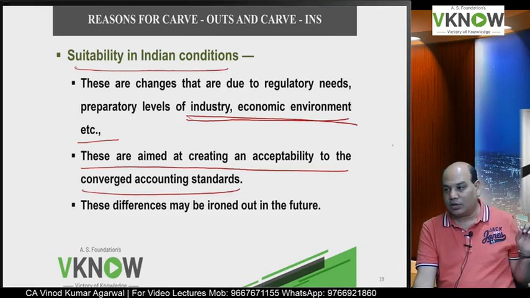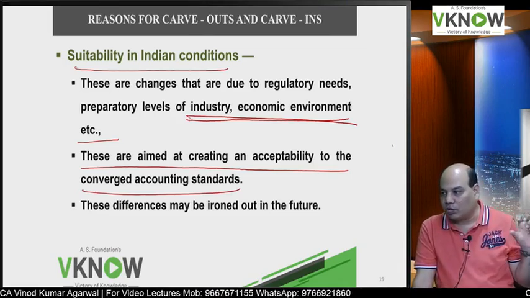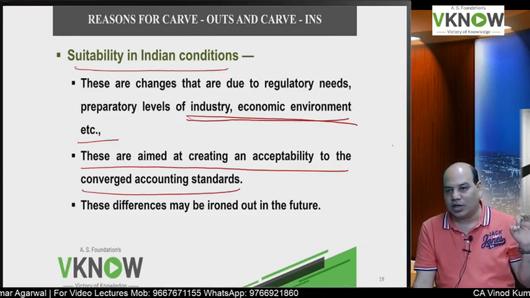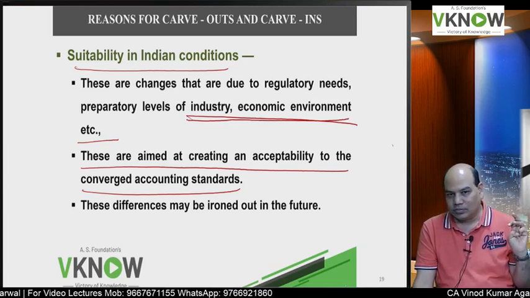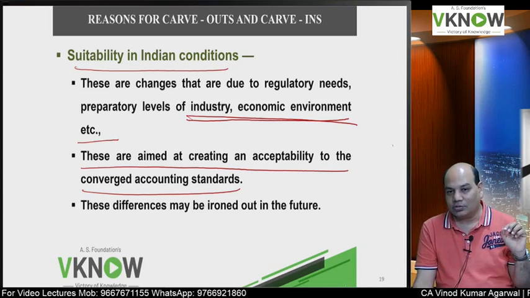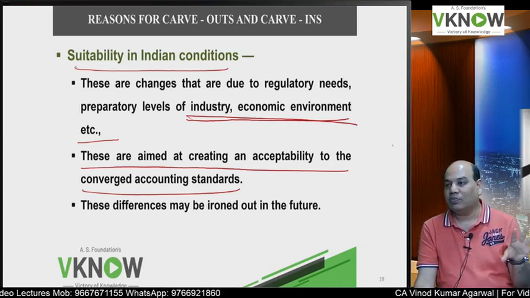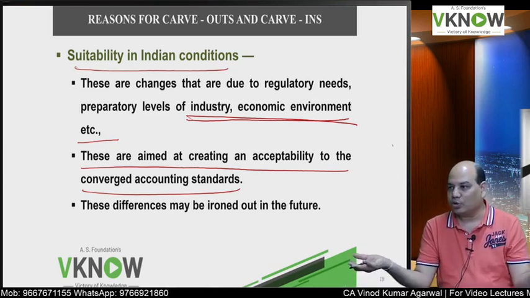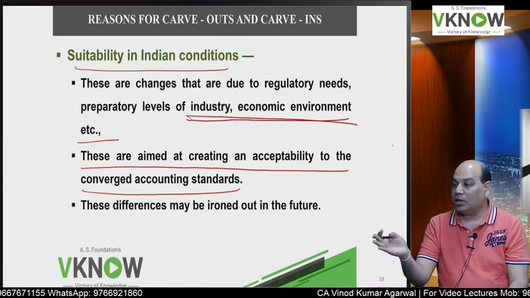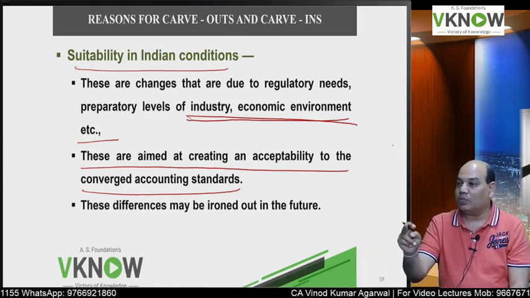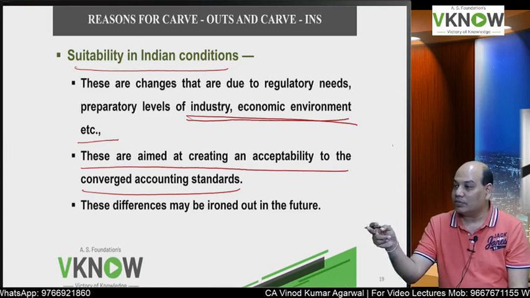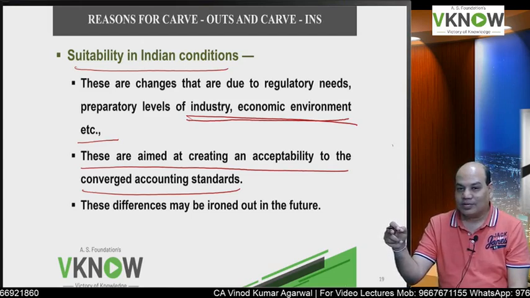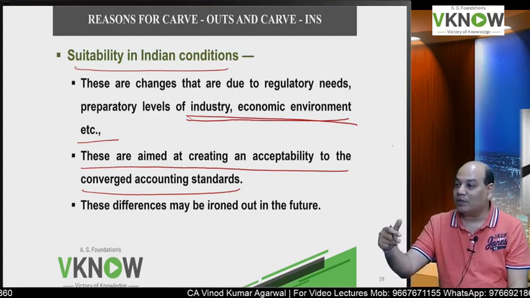One more thing, if you just make the companies follow IFRS as it is, they will be very reluctant, because they complain that our financials are getting disturbed because of your standard. Banks are not following the Ind AS right now, because every time RBI wants to make the banks follow Ind AS, a lobby starts and they postpone it. The reason is that under RBI regulation, NPA is declared after 90 days. Under Ind AS 109, a financial asset becomes credit impaired after 30 days.